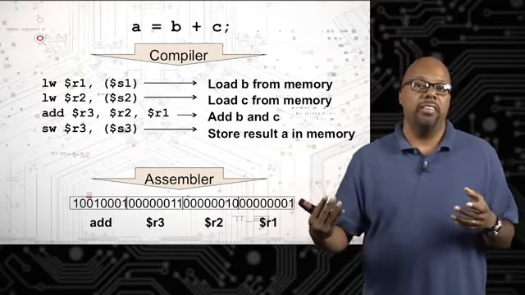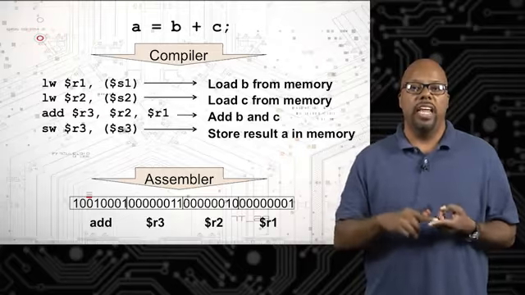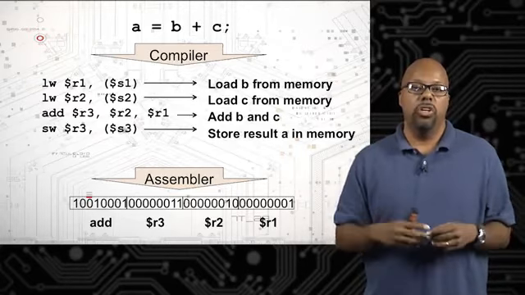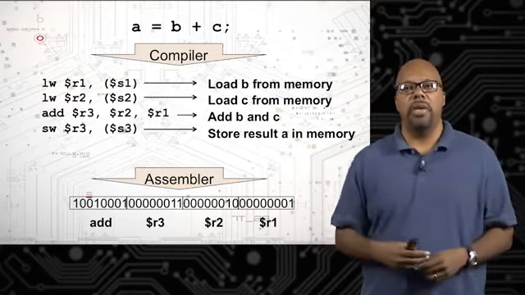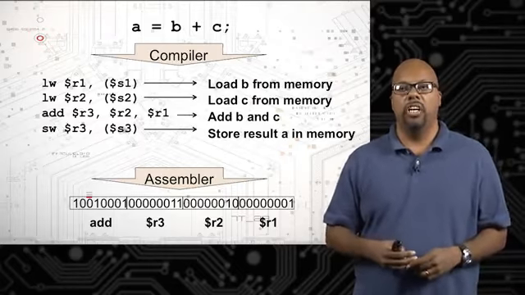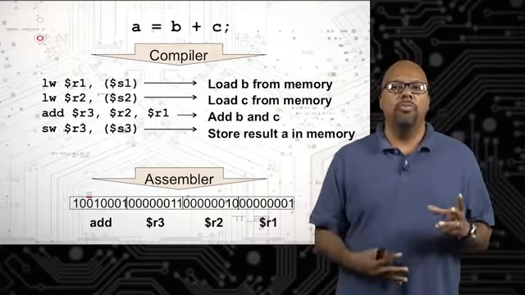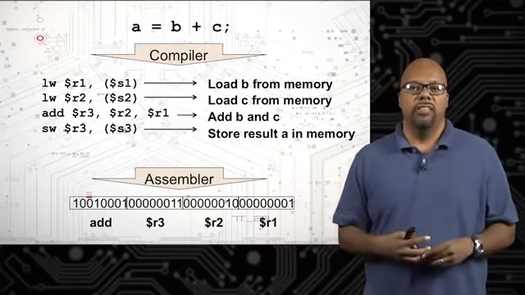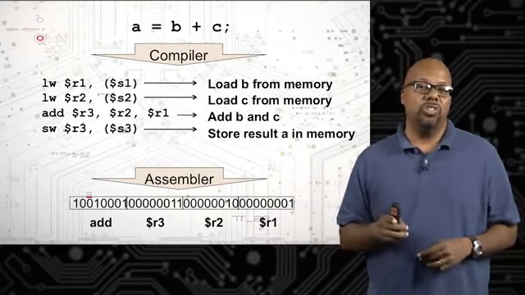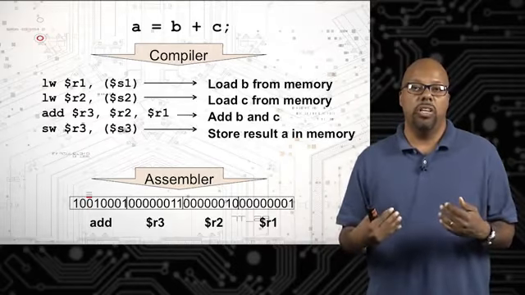Then the add takes R1 and R2, adds them, puts the result in R3, and then that last instruction, SW, store word, takes what's in R3 and puts it back into memory, wherever you want A to go. So that one high-level instruction breaks down to 4 simpler assembly-level instructions. And then the assembler takes each one of those 4 instructions and converts it into a sequence of zeros and